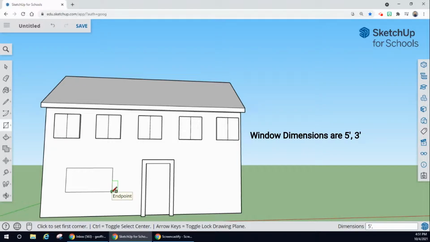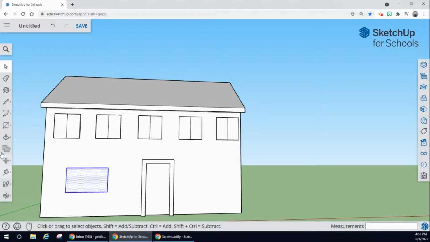comma, 3 feet. Okay, and now you could place this window wherever you want. I'm gonna move this. I'm gonna select it, and then I'm gonna move it over just a little bit. Okay, this is kind of like our dining room window. Okay, and again, we can add some geometry here. Okay, so what we're gonna do is we're gonna go back to our offset tool here in the center. You're gonna click it, and we can add a box here. And then we're gonna do one more